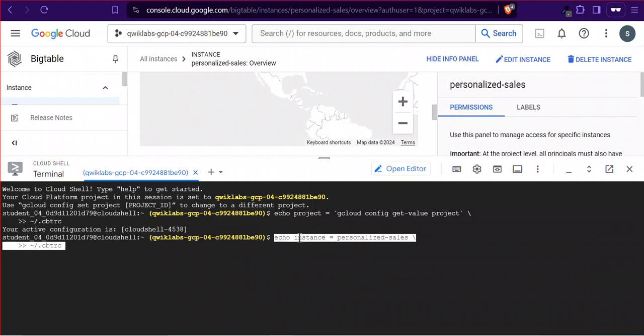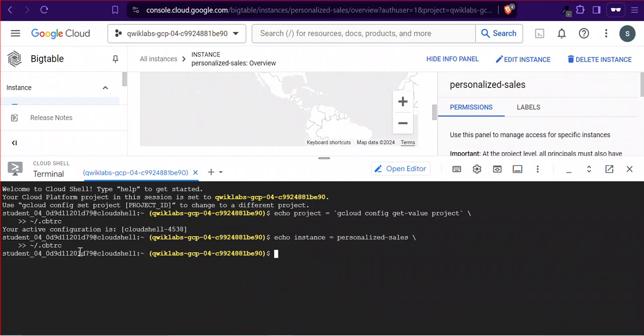It will save the instance ID as instance in .cbtrc. If you want to see what is saved, use cat, copy it, paste it here.